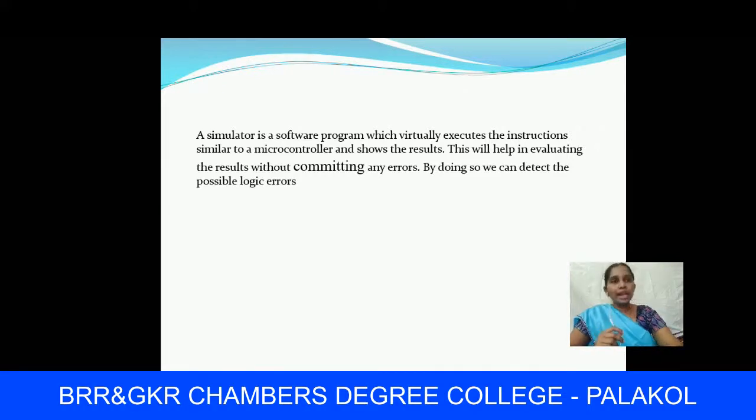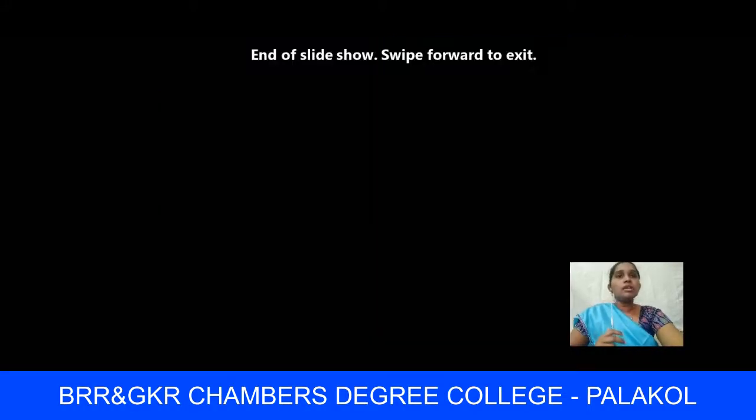Okay, so these are some of the development tools we use for microcontrollers. These development tools are very important. From your exam point of view, if they ask a question, explain about the development tools, we have to write all these development tools.